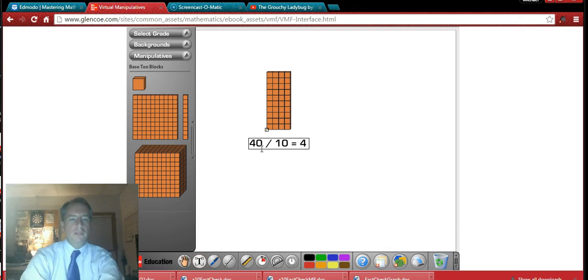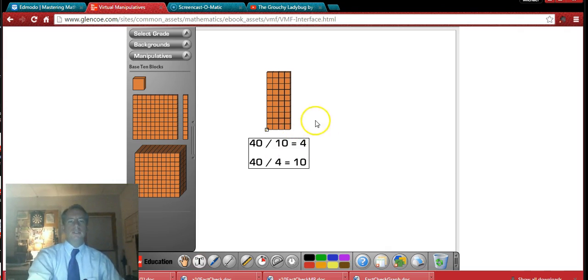Right? And I apologize, I think I have a division sign on this tool, right? But I could also say that 40 could be divided by how many rows there are. Well, there are 4 rows. Then how many are in each row? So looking at those explorations and connecting back to what we've done before with base 10 blocks and what we've